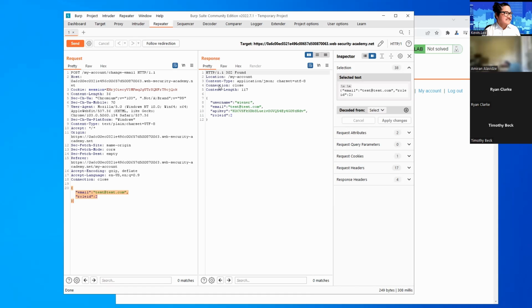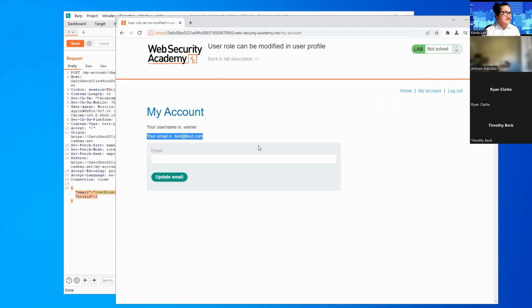And in the response, we'll see that we've received all of our updated information. Included in there, we see our role ID is equal to 2 now. Having seen that, let's try to access the admin panel again. So we go back to our web browser, and we're going to go not to the My Account page, but to the admin page.